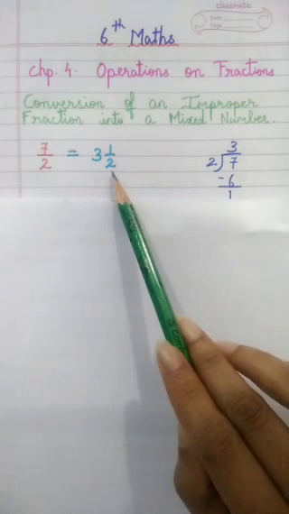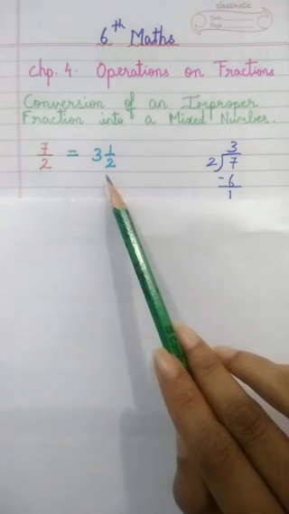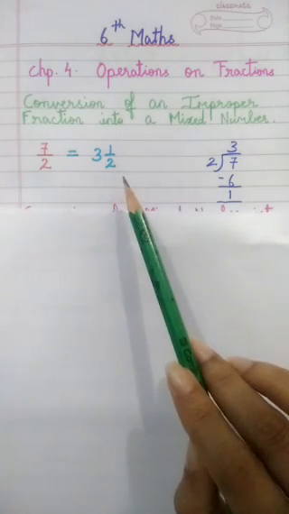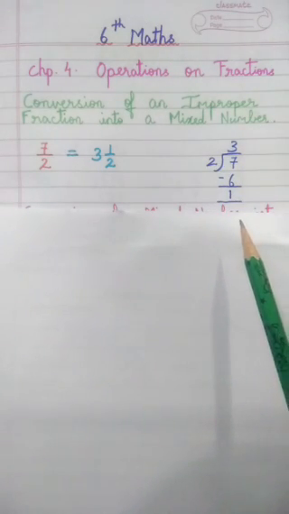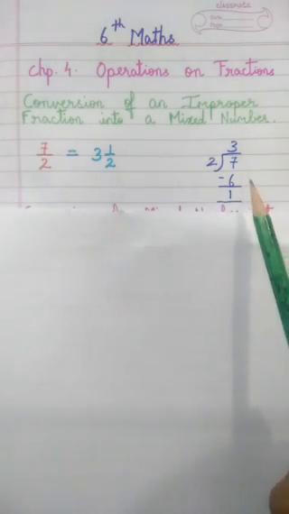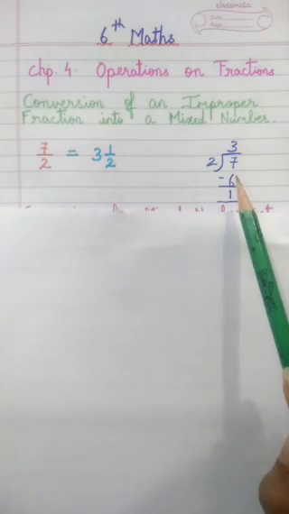Now every time we are not going to divide biscuits and check. So there is a mathematical way to do this. And in maths what we do is 7 divided by 2. Quotient is 3. Remainder is 1. 2 3s are 6. Remainder 1. So when you have this form, you write it as a mixed number.